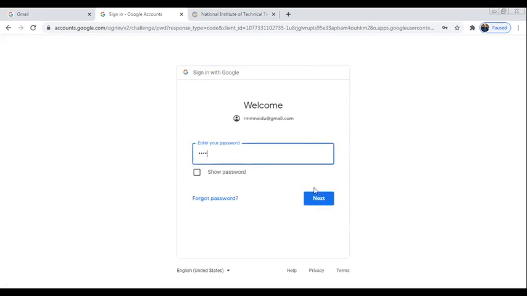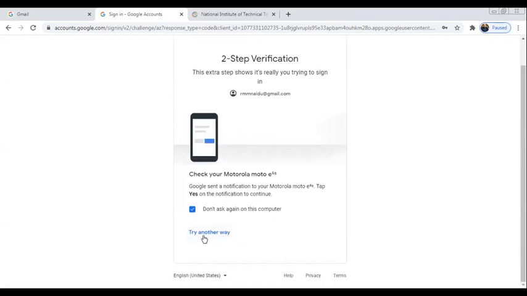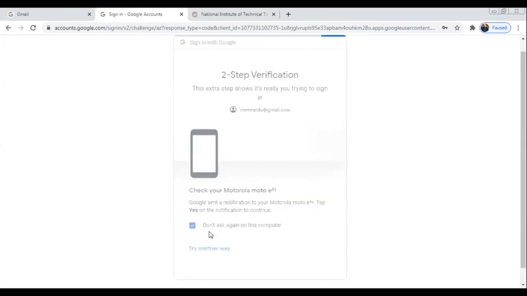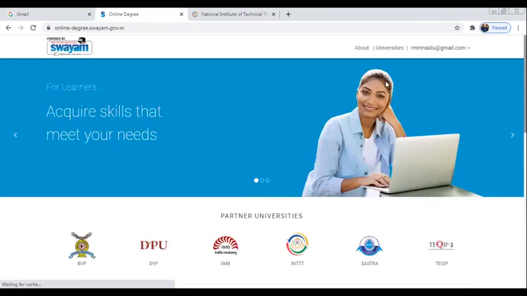It is asking for some verification. Yeah, now you can see, this is online-degree.swayam.gov.in. Now my login was successful.